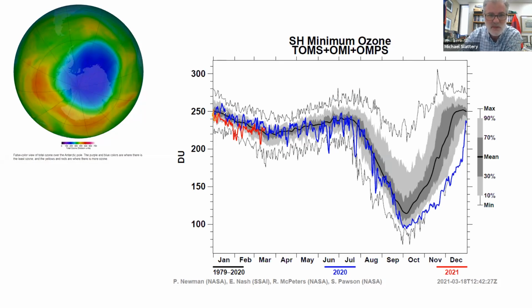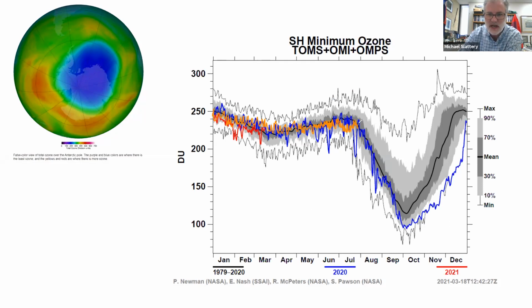At this time of year, not much is going on, right? Ozone is at about 250, 240, 250. It's a little depleted. No big deal. Now the vortex forms, gets colder. The polar stratospheric clouds form, it's colder, right? Everything's happening on the clouds, the dark reactions, everything's happening on the clouds.